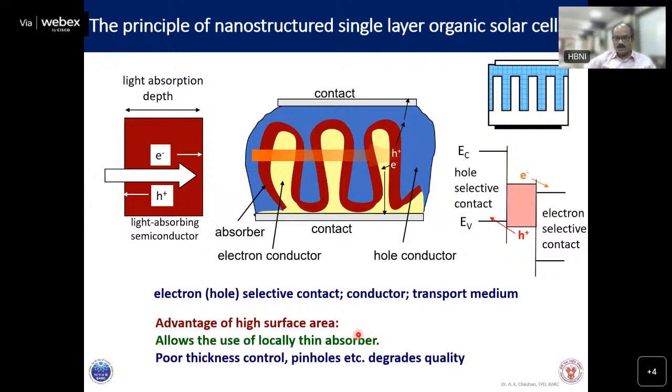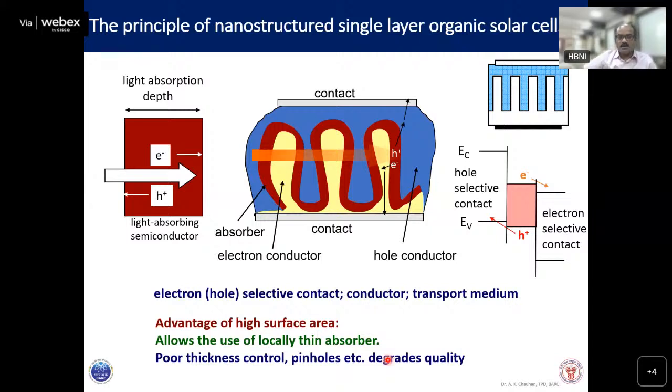Number one, high surface area for these nanostructures in bulk heterojunction mode. And we allow the use of locally thin absorbers, because you have placed a very, very thin absorber, which is actually a blend of both